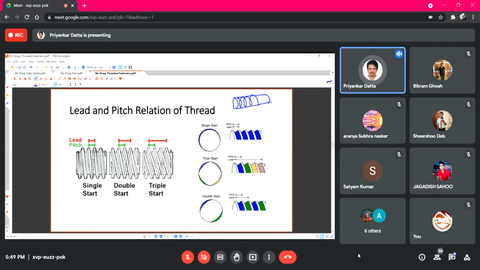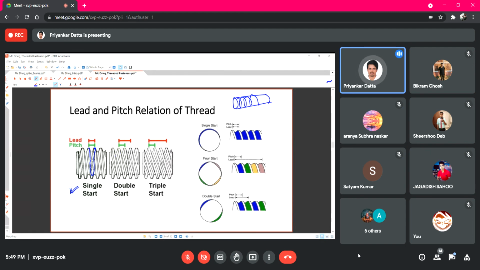Now there is a possibility that only one helix is present over the cylindrical part. In that case, if you start from here, you will go along this thread, and from behind you will come above this position at one full rotation. So pitch and lead become equal, and in that case it is called a single start thread.